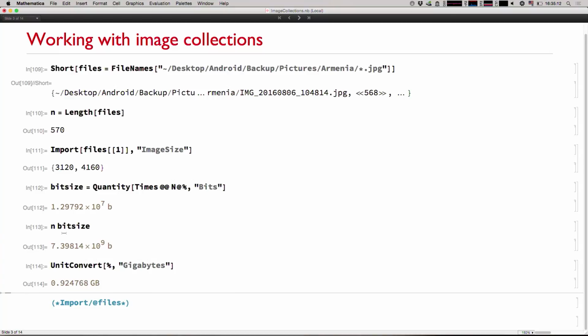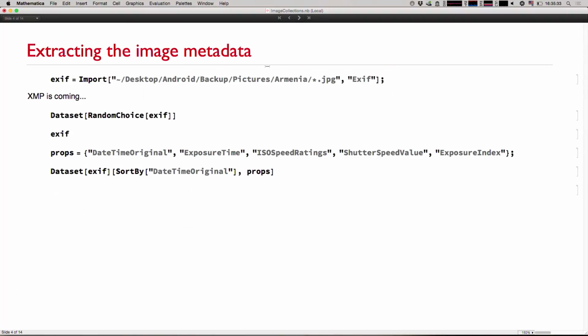This is just a simple travel example, but there are a lot of microscopy images and astronomy images that have a lot of information stored in the metadata, and you don't want to import all of them just to check what's inside. So the way we do that now is we have a powerful EXIF importer,